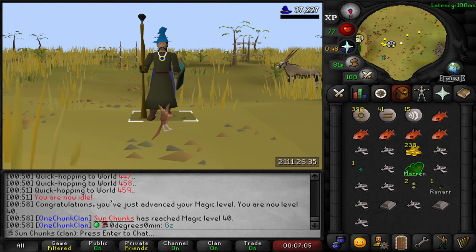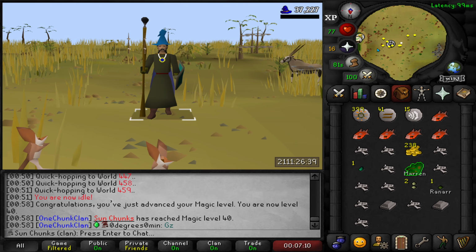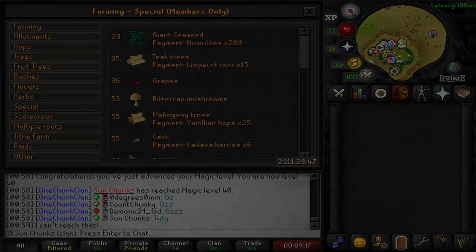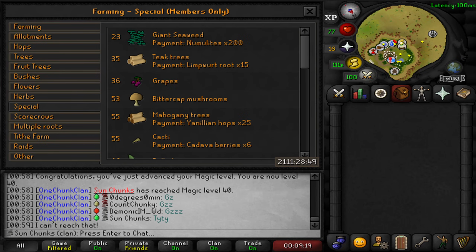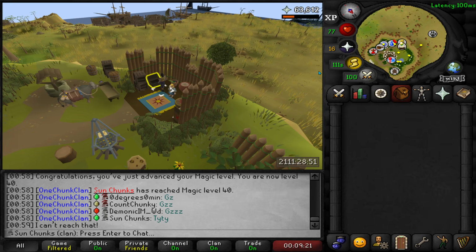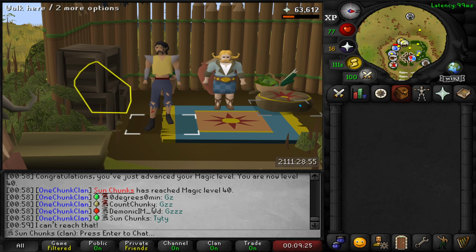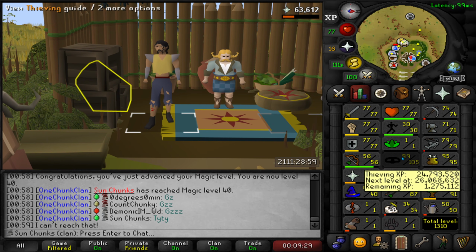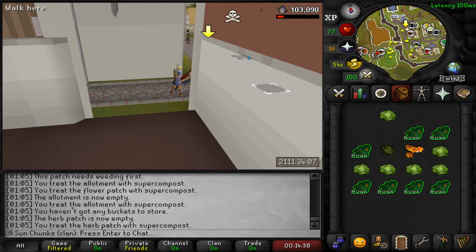Now it's time for, well, actually, there's a couple of side things I want to do. So it's time for a side quest. Detour. The first detour was going to be a mahogany tree, but I can't do that. I don't know if I tried to do that already, but I cannot. Okay, second detour. I'm going to go get 25 million thieving XP. Just in case I get a Rocky, I don't know. There's a guy that's